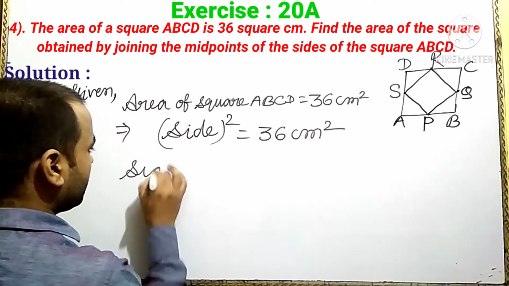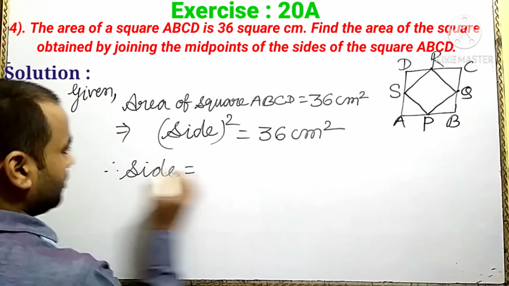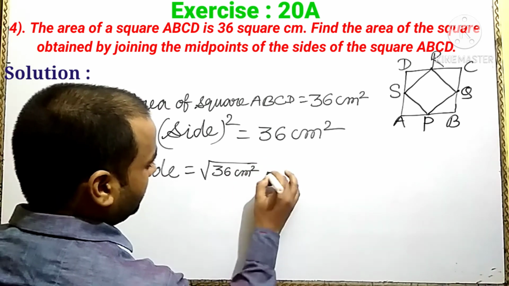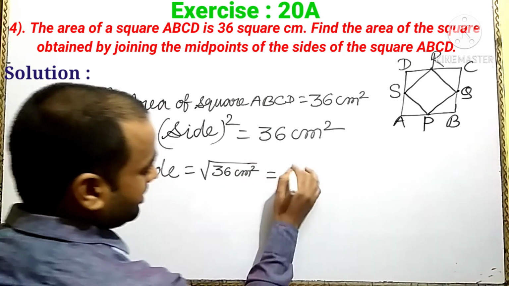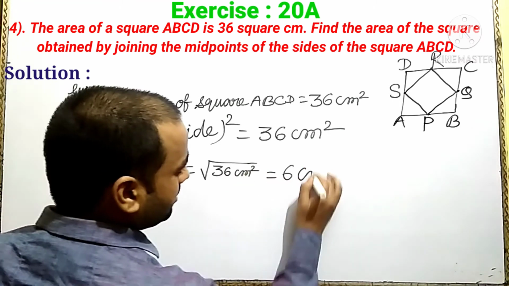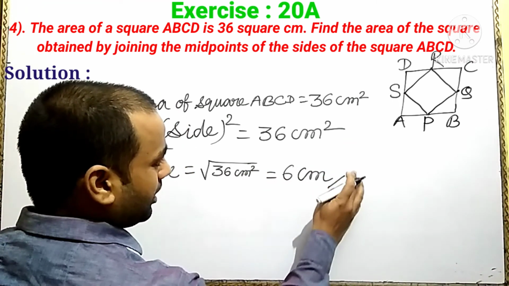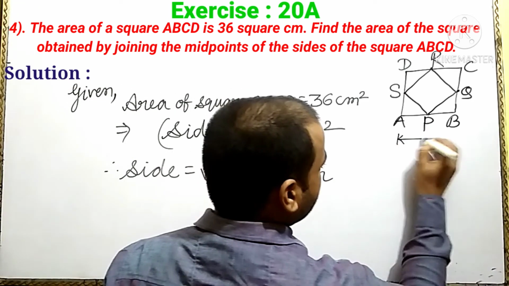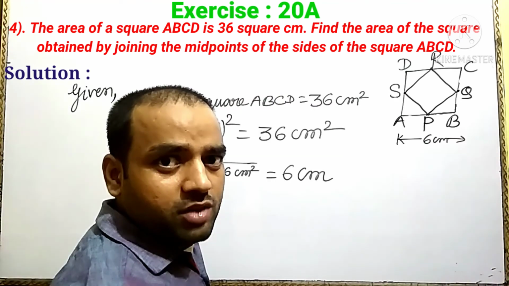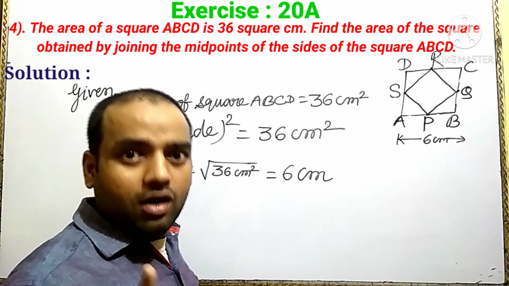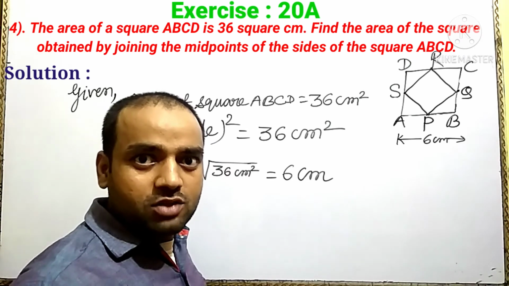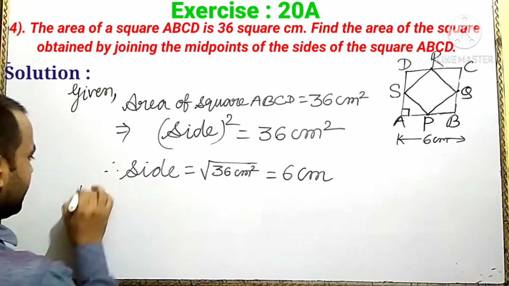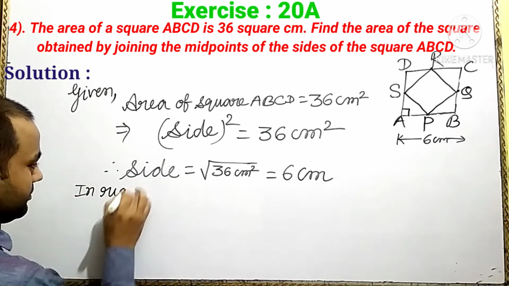The side is equal to square root of 36 square centimeter. We get square root of 36 is 6 centimeter. The side we find is 6 centimeter. Always remember in a square all sides are equal, each angle of a square is 90 degree and diagonals are equal. Here take right triangle